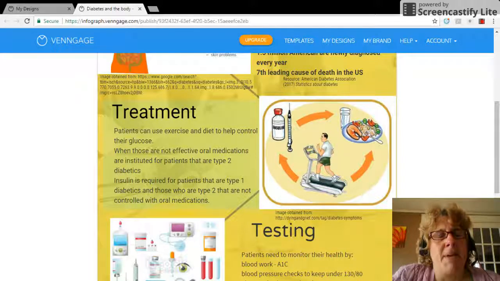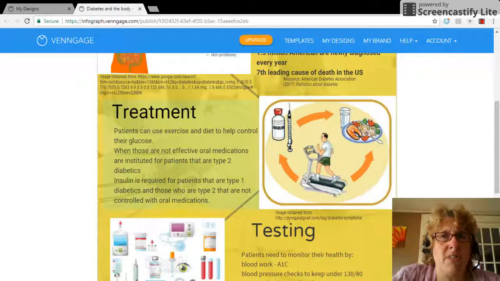Some of the different types of medications that can be added are SGLT2 inhibitors, which decrease the reabsorption of glucose in the kidneys. Farxiga and Invokana are two types of these drugs. GLP-1 agonists are medication that mimic the incretin hormone in the body, which decreases post-meal blood glucose levels. Trulicity, Bydureon, and Victoza are some of these drugs. These drugs are injectable, which some of the patients are not real happy about, but they can be done once a week if needed.